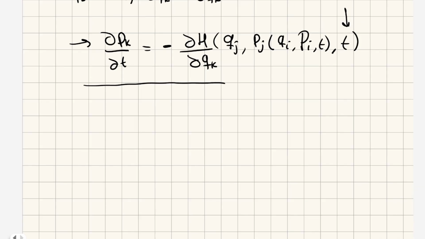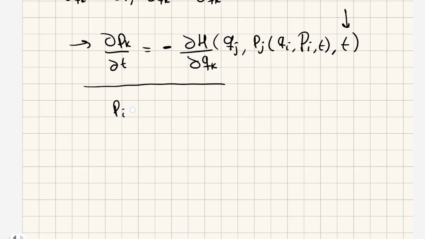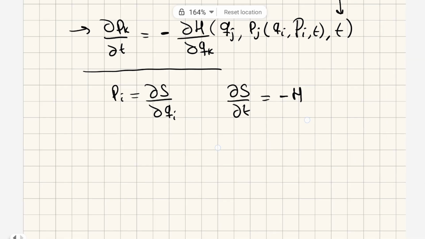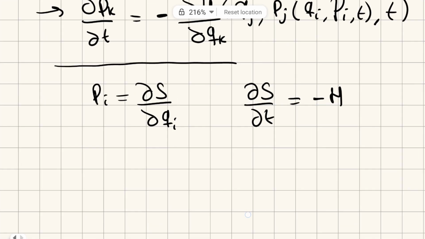We know that every pi is defined as the partial derivative of s with respect to qi, and that the partial of s with respect to time is equal to minus h. So we can say from here, and let me switch this index for a k to make it clearer,